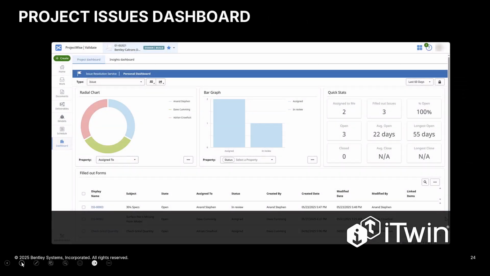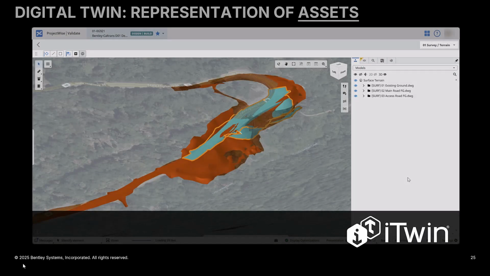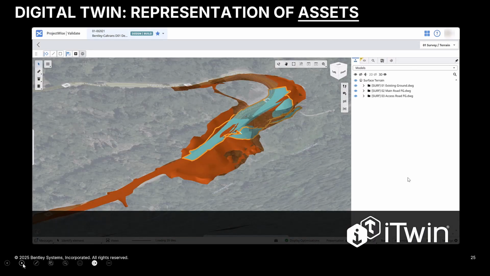Now, from the perspective of the engineer of record, typically in the analog space, they did not have a lot of insight as the issues were getting resolved. But within the digital twin platform, multiple stakeholders can visualize the issues and various steps in the quality control that are being undertaken as the project progresses. Here's a very simple, straightforward example in the representation of the asset. The model has been designed, we bring it into the digital twin. That is the asset that's coming into the digital twin.